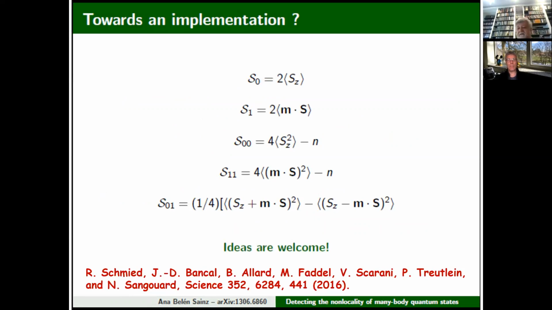Another interesting thing about these Bell inequalities, which are designed from permutationally invariant quantities, is that you can express the quantities that enter into these inequalities by the total components. If you think about spin, total components of the spin in direction, let's say z, in some other direction, and the quadratic fluctuations of the spin observable. So z squared, or this s1 squared, so to say, or the correlation between z and this spin component in the other direction. So this is obviously inviting experimentalists to measure, because these are things that you can measure